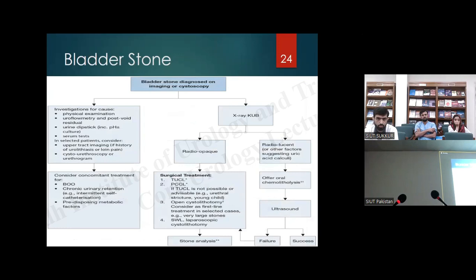Now bladder stone. For bladder stone, after getting the workup, we will decide on the size. If size is more than 2 to 3 centimeters, then go for an open procedure or minimally invasive like laparoscopic or robotic assisted surgery. But if it is less than 2 centimeters, then go for PCCL. But in some cases, if we couldn't perform PCCL, the patient is not fit for anesthesia, and